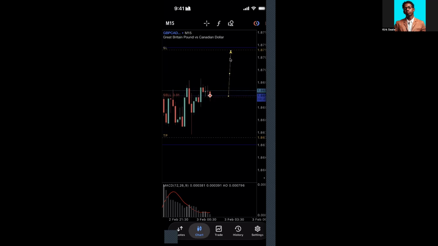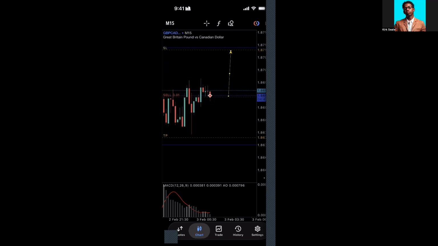Jeez. So if that is what we have going on here, let's see what our lot size should have been. 6 divided by 180,